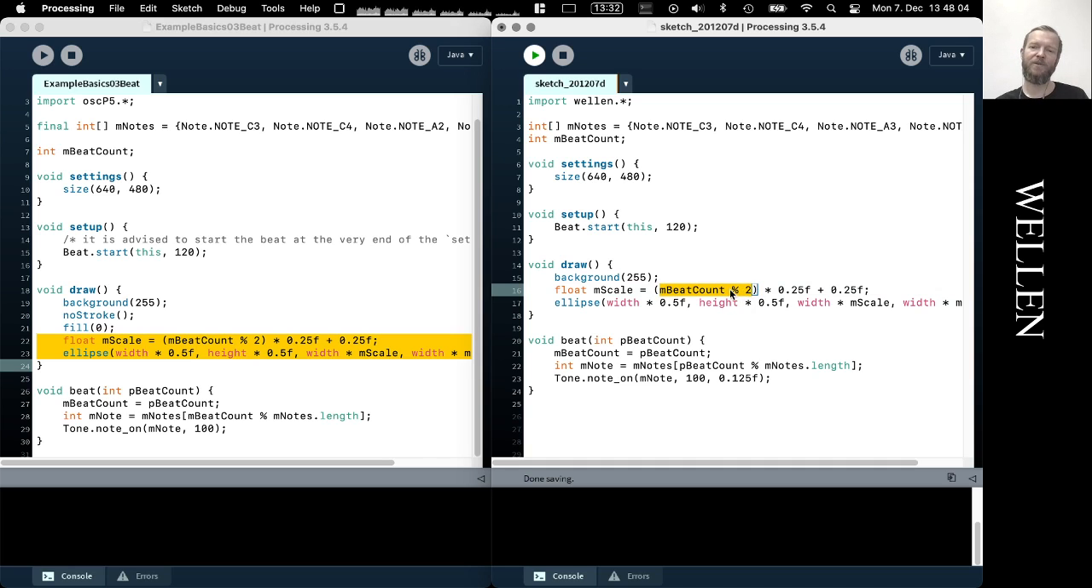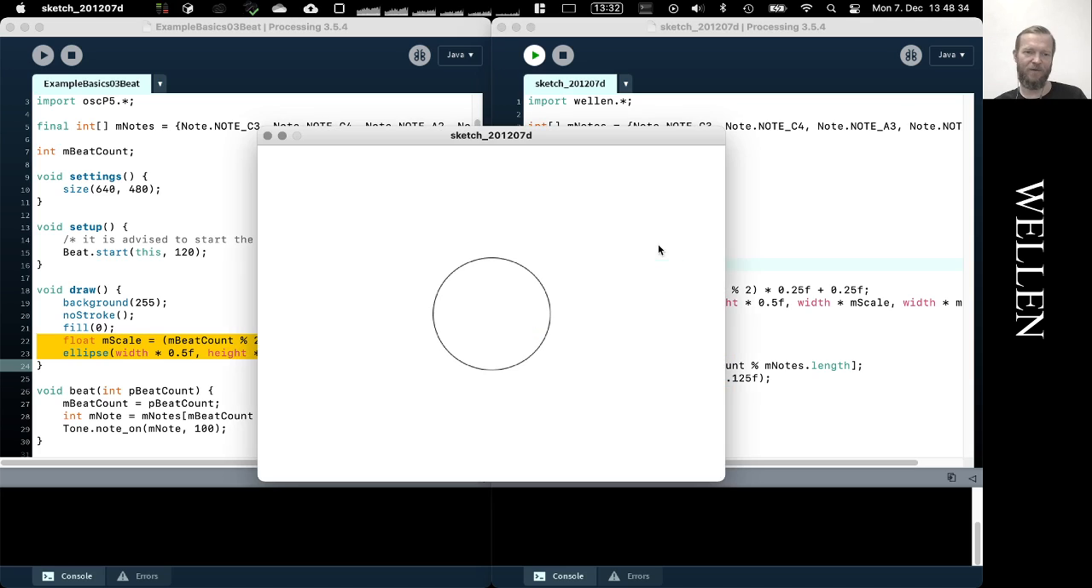So modulo 2 really just jumps between 0, 1, 0, 1, 0, 1, as long as you give it an integer number here. For example, a modulo of 3 would alternate between 0, 1, 2, 0, 1, 2, 0, 1, 2, and that can be used quite nicely in combination with the beat to create reoccurring patterns. More on that later, as an algorithmic composition technique. So if we play this now,